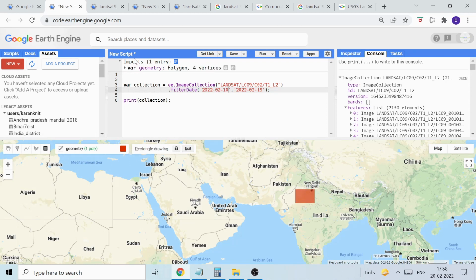Suppose I make one rectangle here. So now this geometry is here. You can let it be geometry only. You can give any name, you can change the name, and you can make it ROI, your region of interest. Okay, and here further you can write dot